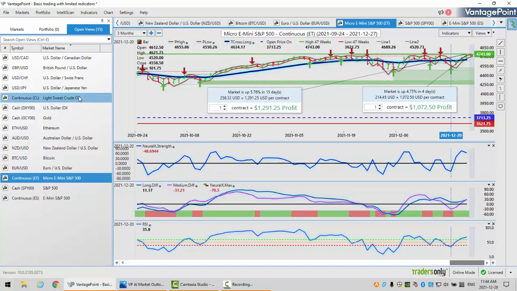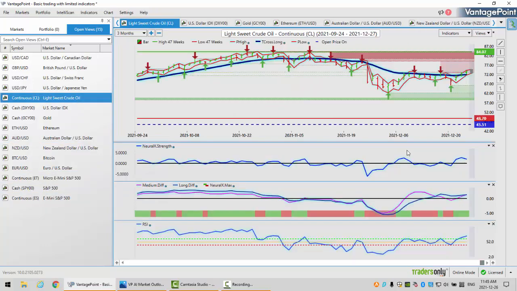Now, we also stated in last week's outlook that if the equity markets turn around, or if oil turns first, the other one will follow. So we can see the chart on the S&P 500 and the chart on the light sweet crude oil is almost identical. This is the basis of intermarket technical analysis, guys.